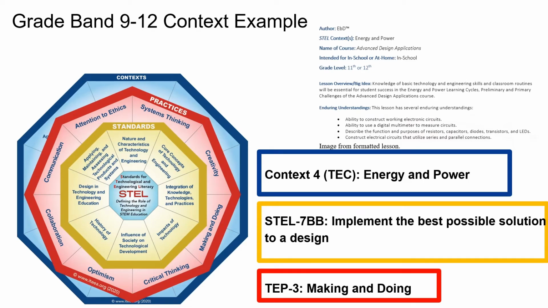Unit 2 from Advanced Design Applications fits within the context of energy and power. 11th graders apply STEL 7 BB, implement the best possible solution to a design by working as a team to design and safely create a pneumatic engine that utilizes compressed air to transition reciprocating motion to rotary motion to complete a common task. During the project, the student teams will apply energy and power transmission systems to safely control fluid